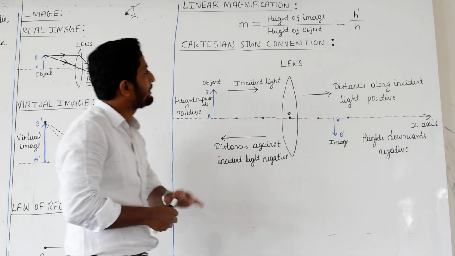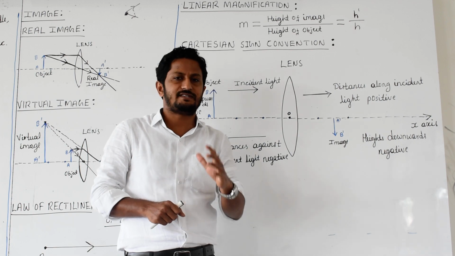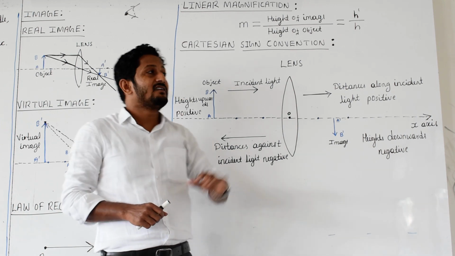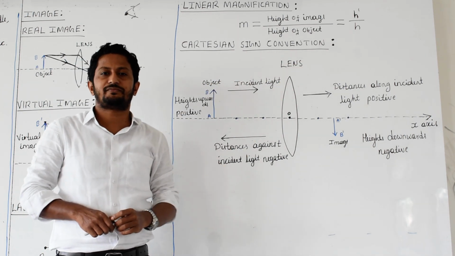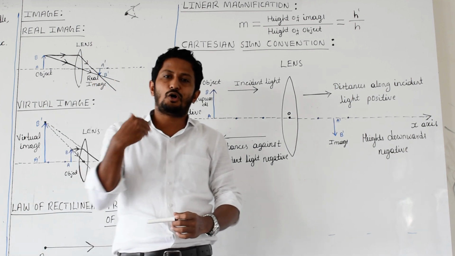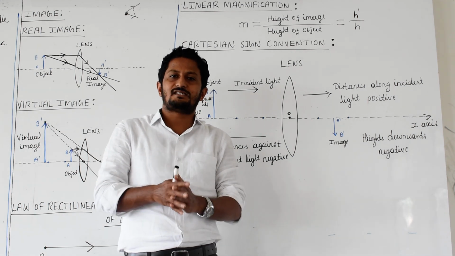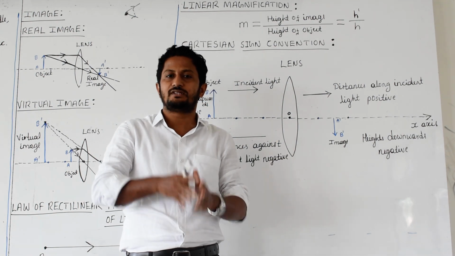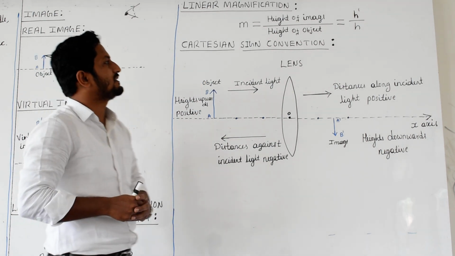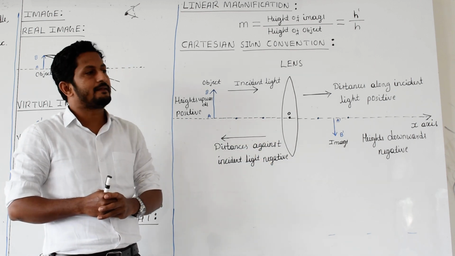We will see later. So now, after magnification, a very important discussion is here. See, that is the Cartesian sign convention. In this optics branch, they have adopted some sign conventions. According to these sign conventions, we have to go through these optical chapters. Which are those sign conventions? See here, look at this diagram.